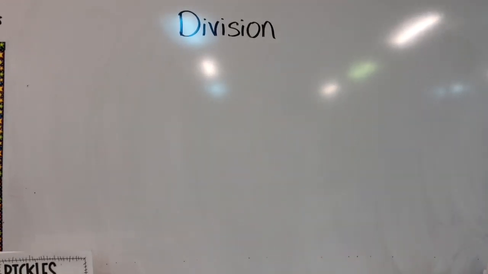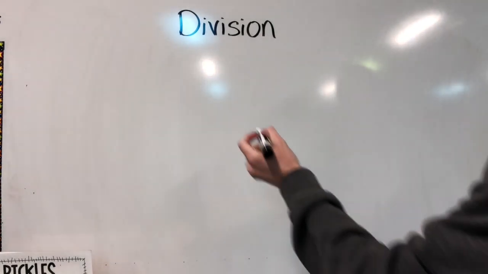All right, this time we're going to work on some division. I'm going to show you two ways to divide. You can divide using the traditional method, or you can divide using partial quotient. For the traditional method, I'm going to do a problem that is